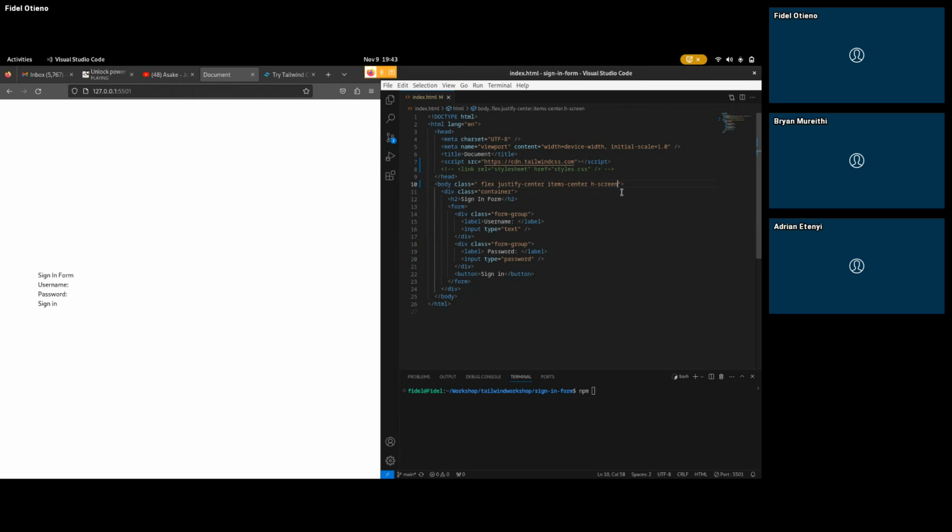So the next style that we're going to, what style do we need? I need suggestions. How can we make our form much more beautiful? Any suggestions? What is the next element we are going to target to style? So the next one is, as you can see, the next element inside our body tag is the div that holds the entire form plus the heading of our form. So we're going to